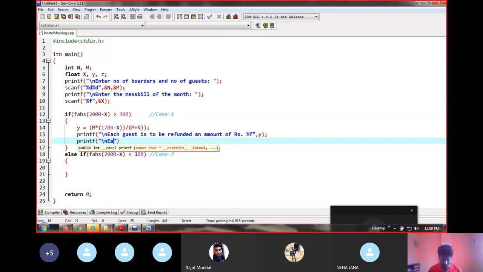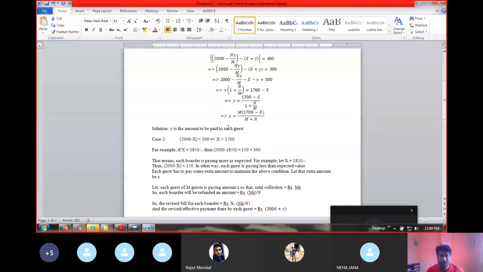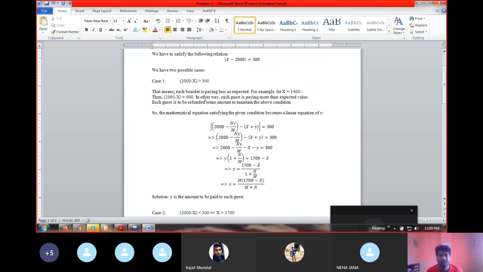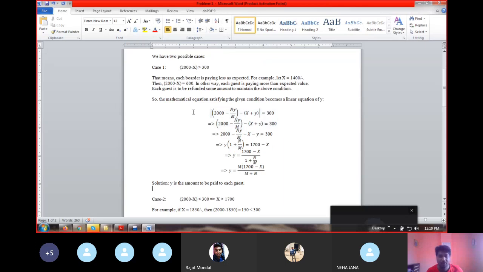Each boarder has to pay an extra amount of rupees %f. Okay, so this is the amount to be paid to each guest, and to be paid by each boarder is, how much each boarder is paying. For example, so each is paying more than, okay, so